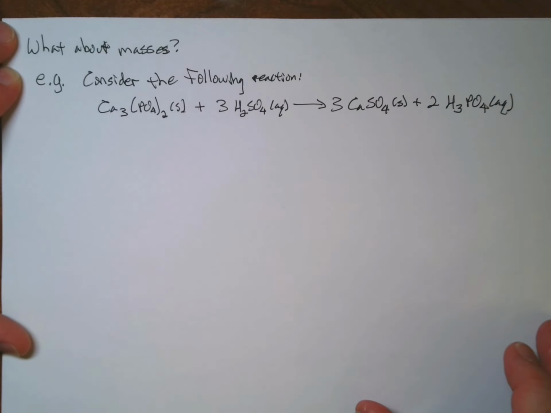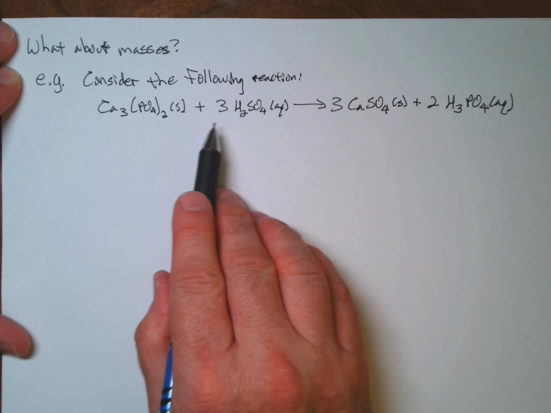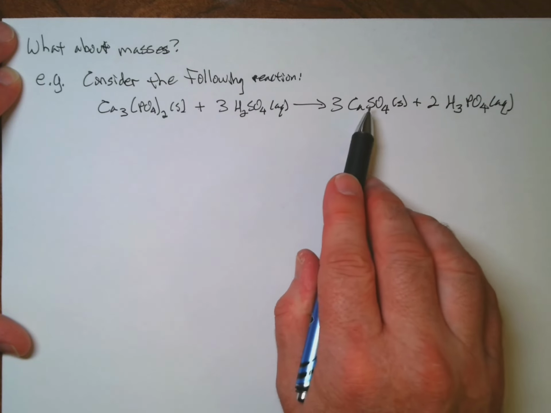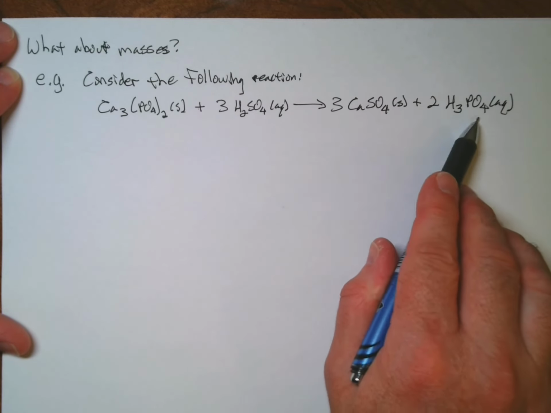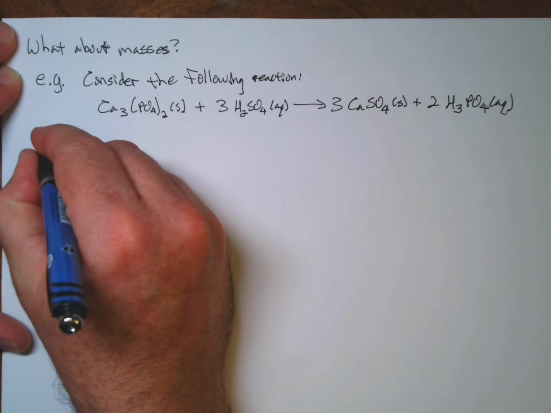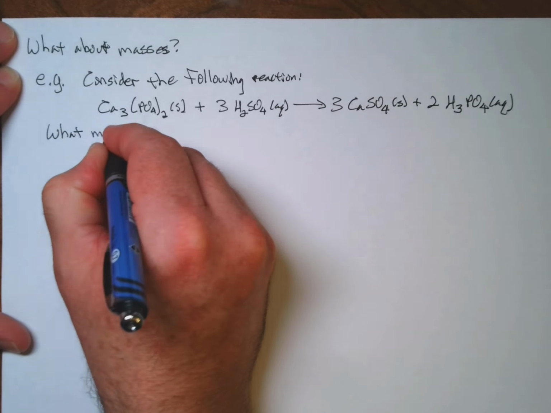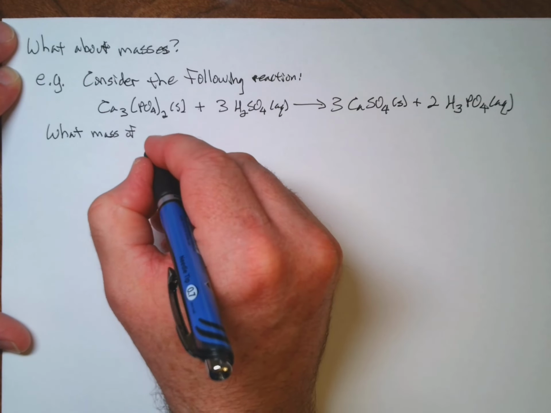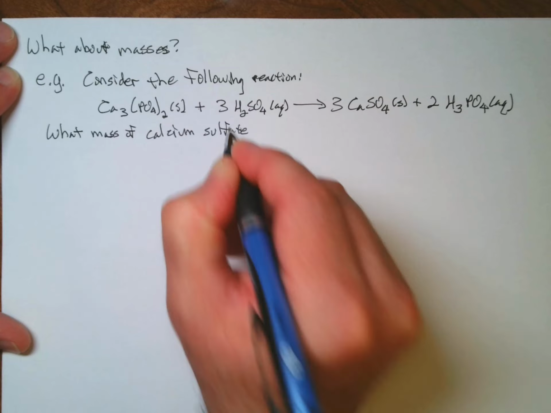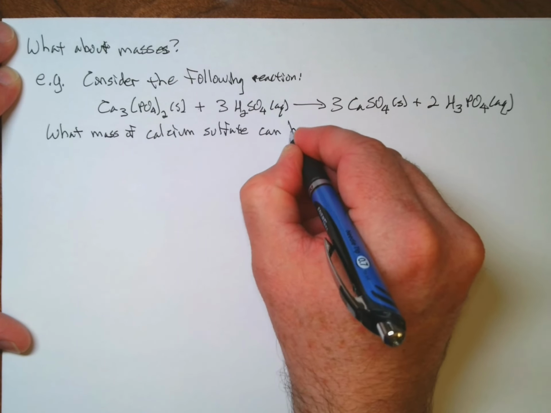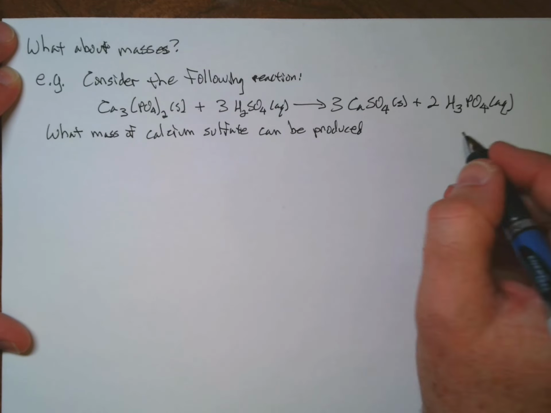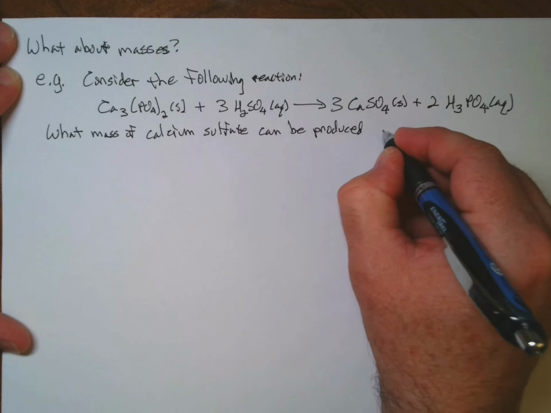So what we have here is calcium phosphate, solid, plus 3 moles of sulfuric acid, react to give 3 moles of calcium sulfate, solid, plus 2 moles of phosphoric acid. Okay, so we'll say here, what mass of calcium sulfate can be produced from the reaction of 1 gram of calcium phosphate